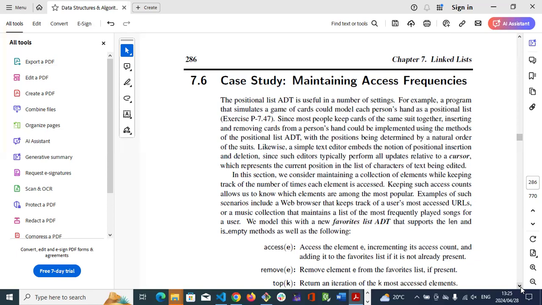with the position being determined by a natural order of the suits. Likewise, a simple text editor embeds the notion of positional insertion and deletion, since such editors typically perform all updates relative to a cursor, which represents the current position in the characters of the text being edited. This section will consider maintaining a collection of elements while keeping track of the number of times each